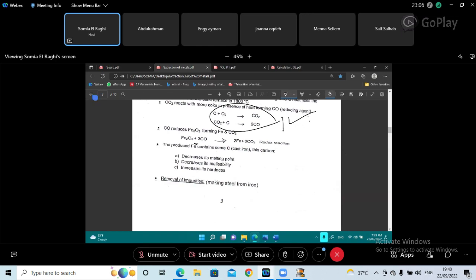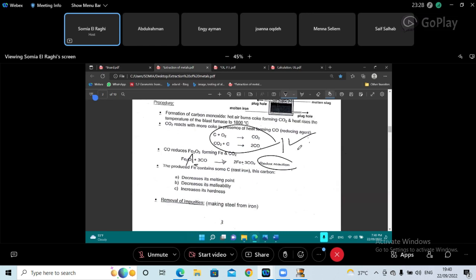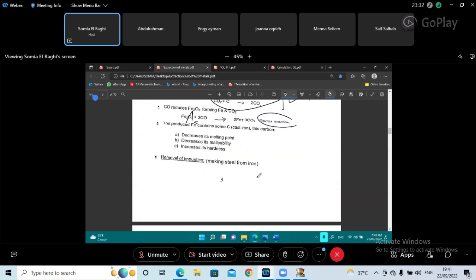And next one, I will explain this kind of reaction. Carbon monoxide formed here in the second step removes the oxygen. What's the meaning of removing the oxygen? It reduces the hematite. It works as a reducing agent. All right? So we will talk about this reaction. Well, please study the equation in a balanced way, please. All right? Then we talked about